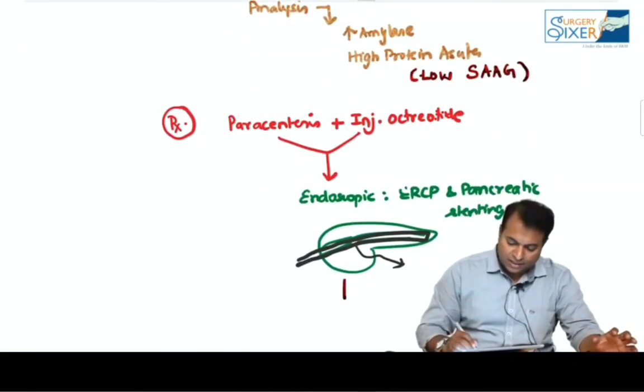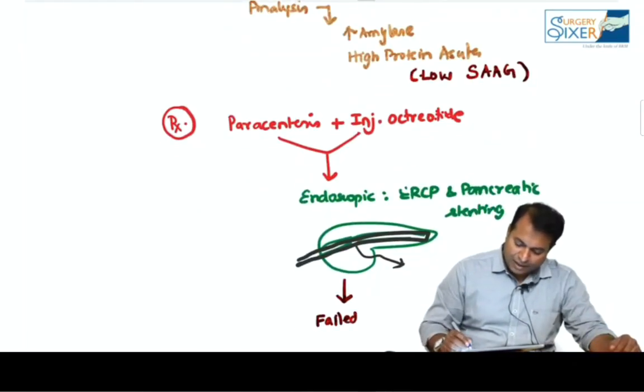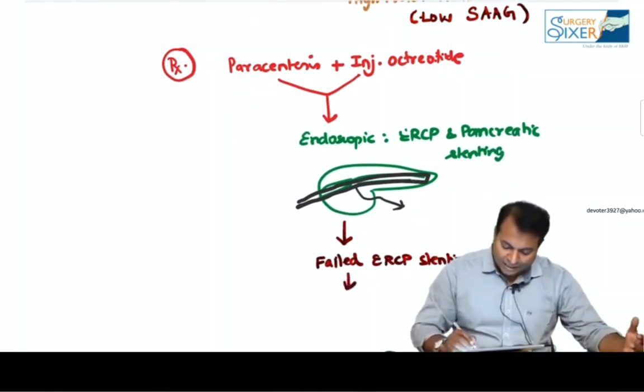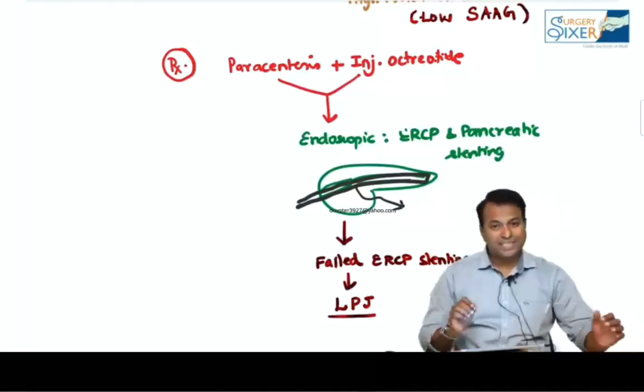So finally, when will you call a surgeon? Finally the surgeon is called only when there is a failed ERCP stenting. After putting a stent also, if there is still ascites, then only a surgeon is called upon. We go and open the duct and we do lateral pancreaticojejunostomy, LPJ, that is nothing but Puestow operation will be